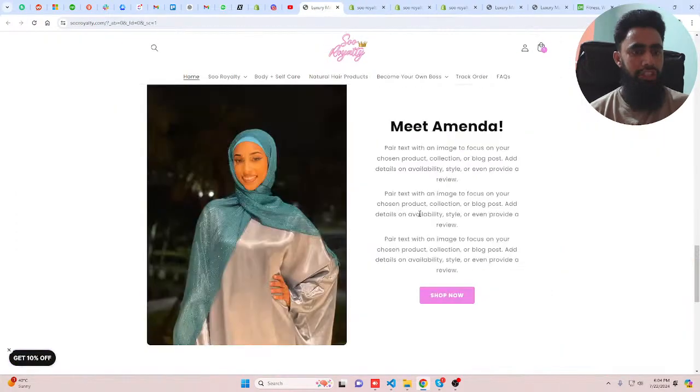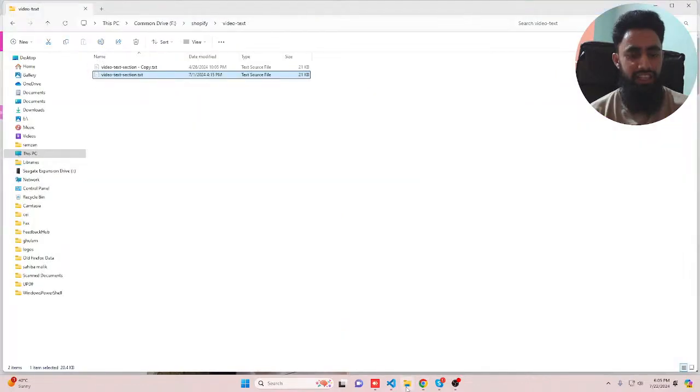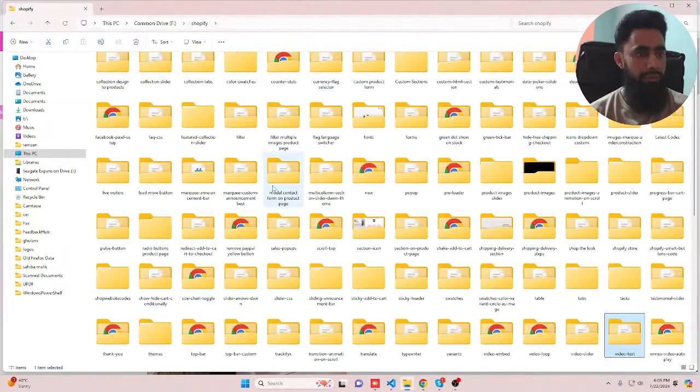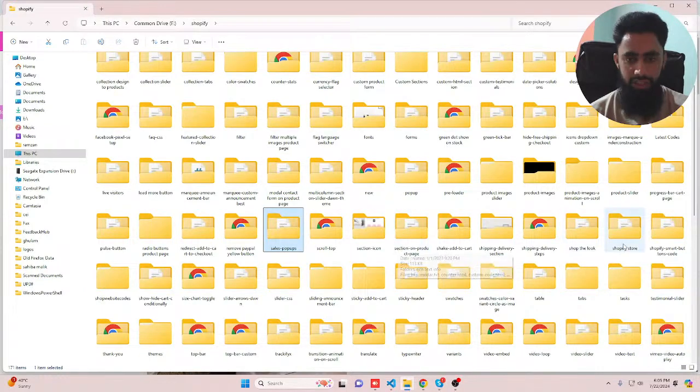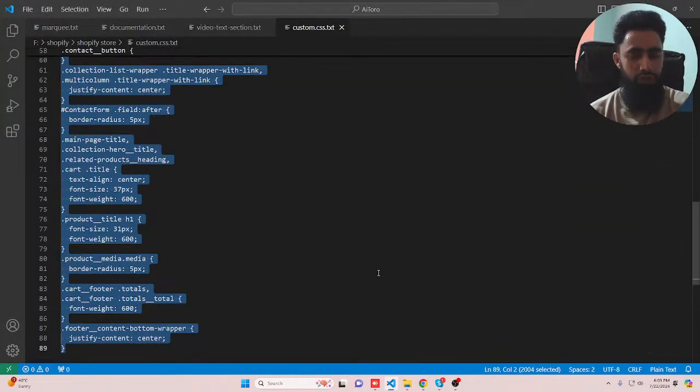Now another thing is we need to change all these colors and everything. So how can we do that? I already wrote a custom CSS, which I will add the link to below. So you just need to copy and paste. Let me show you, I created this last night for the Shopify store. So this is custom.css. You should copy this complete